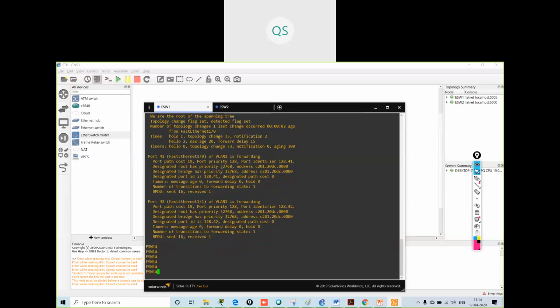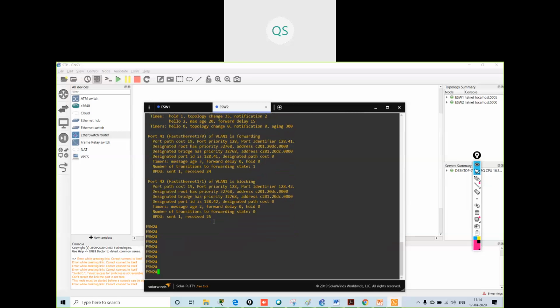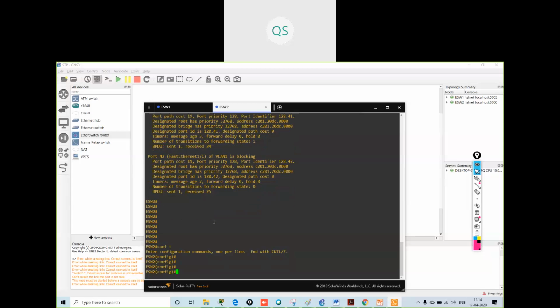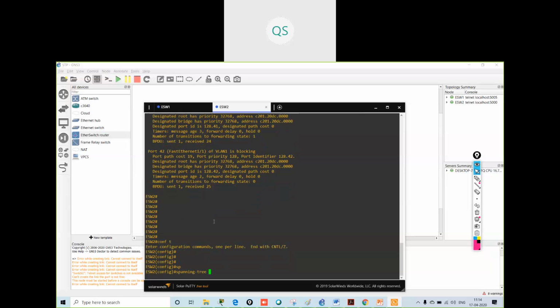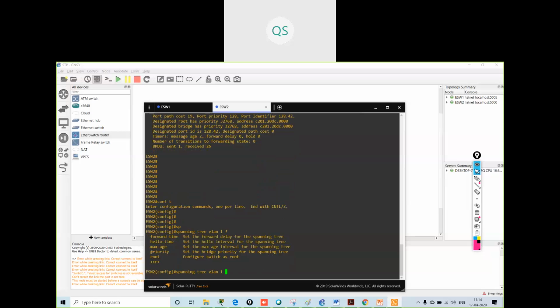So now I will change the priority value. Here the priority value is 32768. I will change it so that switch 2 becomes the root bridge. I have to go into global configuration mode and give the command spanning-tree vlan 1. When I give the question mark, I get the option of priority: set the bridge priority for the spanning tree.